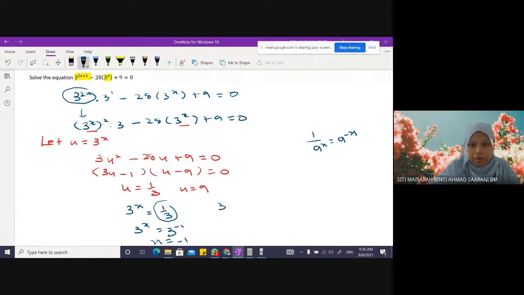And then 3 power x equals 9. 9 we can change to 3 square. So x equals 2. So the final answer is x equals negative 1 and x equals 2. So this one is